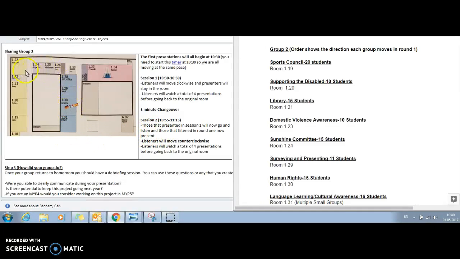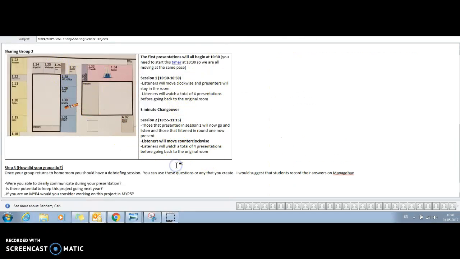So if you're in session 2, please look at these, which room you're in, and obviously which room you move to in this order. Okay, and then finally the last thing is once the sharing sessions are done at 11:15,